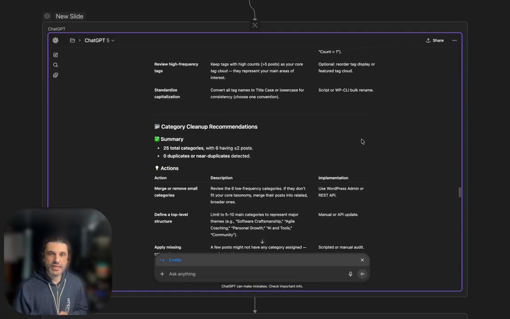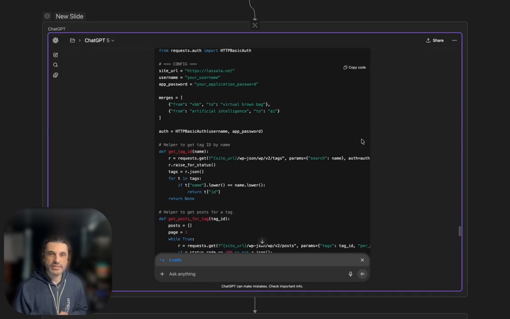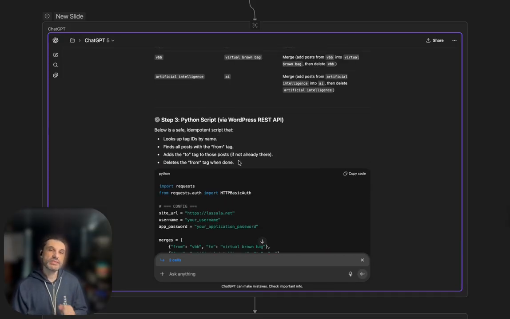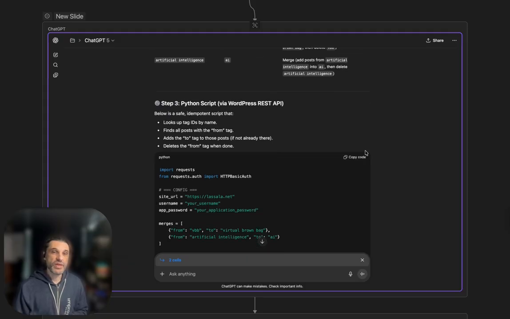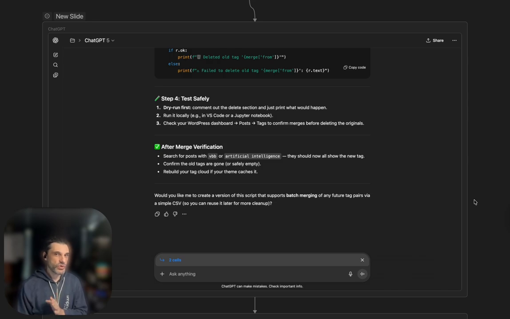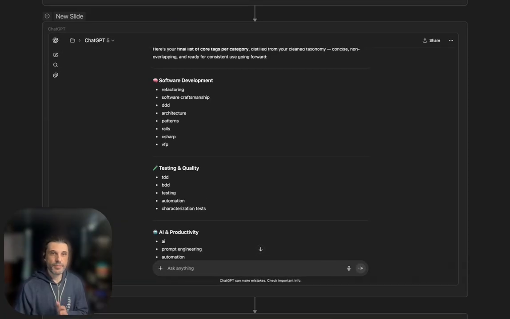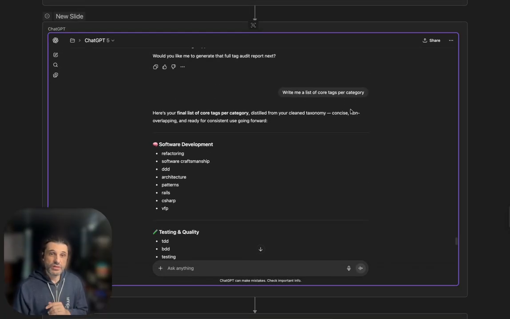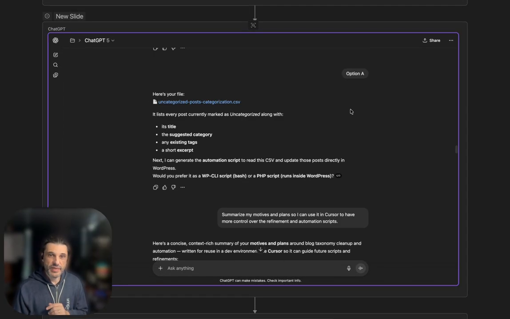So as I kept going through that, eventually I got to a point where it said, okay, here is a Python script that we can use. Once we got to that point, I'm like, okay, I think I'm ready to move on now, because I don't want to do the coding part in ChatGPT. But moving on, something else that it gave me,